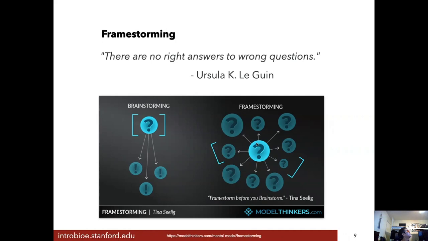Hey, everybody, let's plan a birthday party for Sally. What should we do for Sally's birthday? Brainstorm, right? If we brainstorm on what should we do for Sally's birthday, we'll get all these amazing ideas for what to do for Sally's birthday. But let's brainstorm how we could have a celebration for Sally. What should we do for a party for Sally?